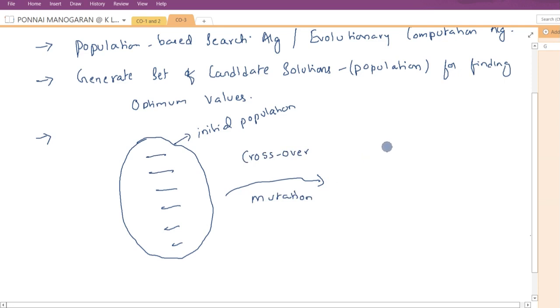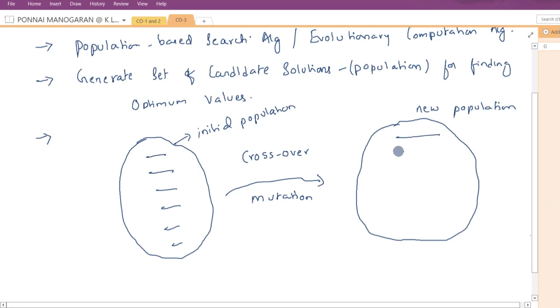These two operators are applied on the initial population to generate a new population, which consists of a set of candidate solutions, and it is believed that